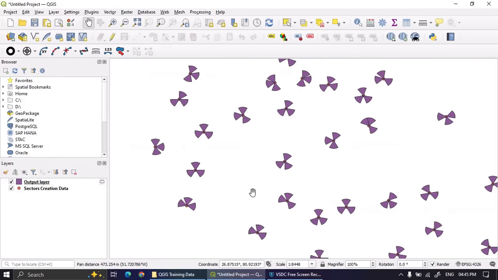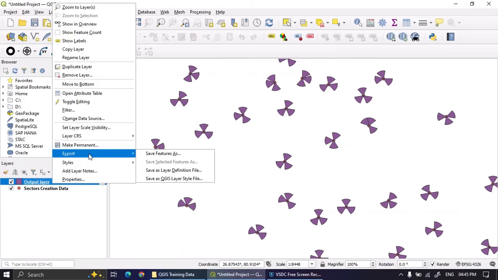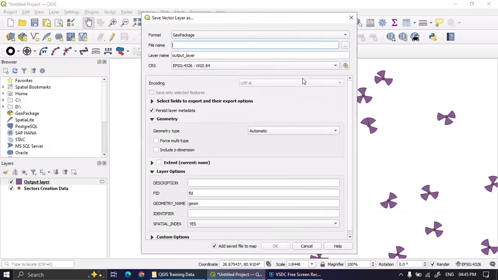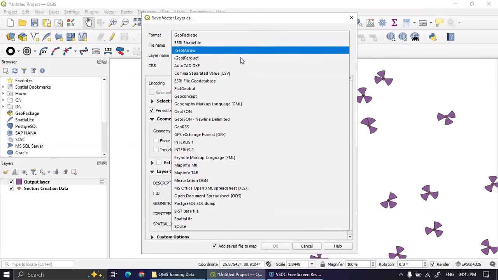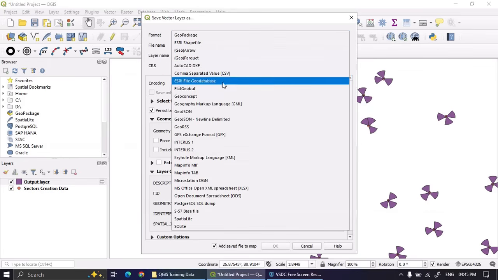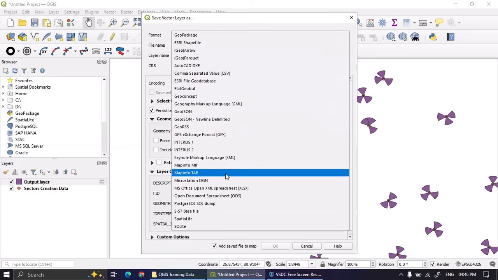So the next thing is that now you can export this data, whatever data you want. If you want to export it as a MapInfo tab, you can also make it into a MapInfo tab.